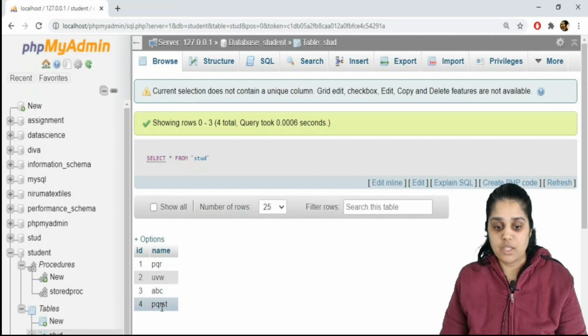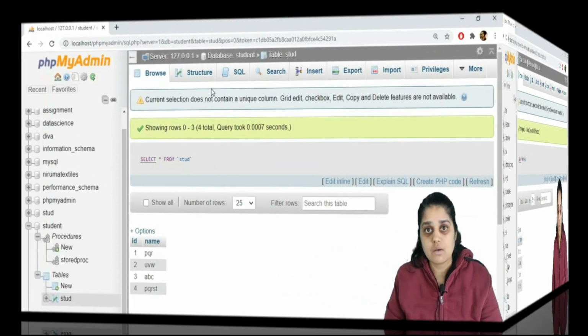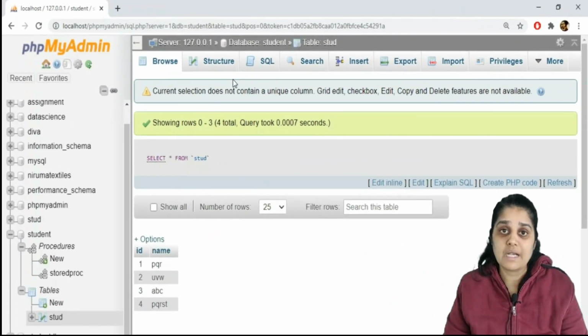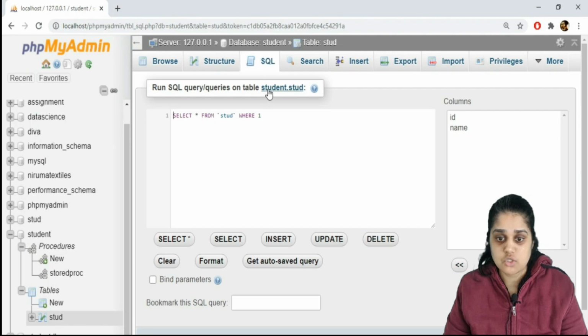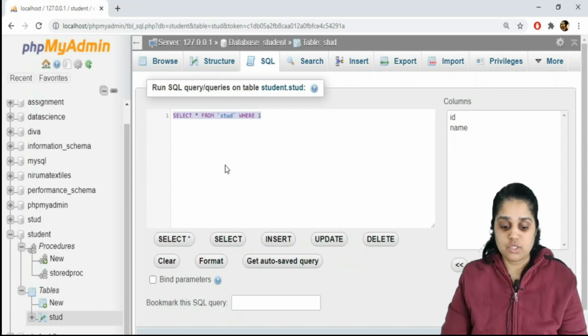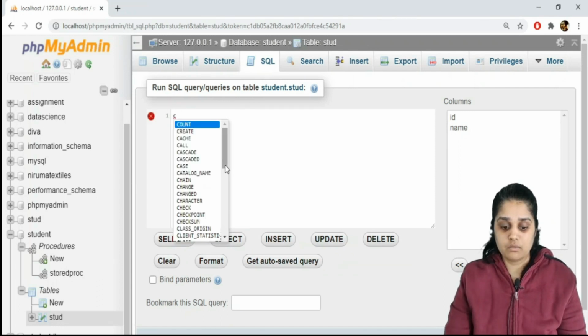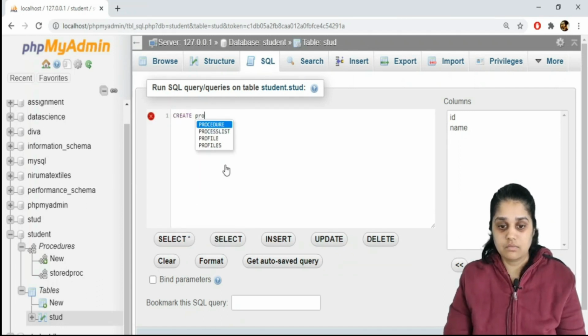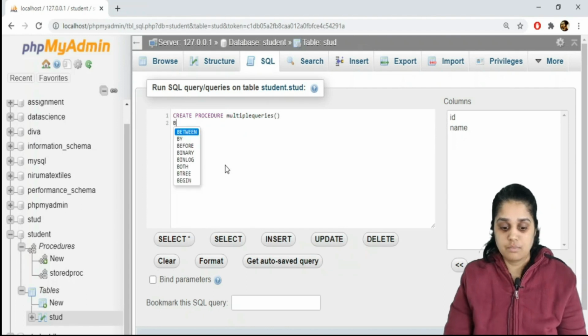We have 4 PQRST. We shall now try to execute multiple queries via stored procedures. So we will create a new stored procedure on the stored table. We will first create a procedure, multiple queries, begin and end.